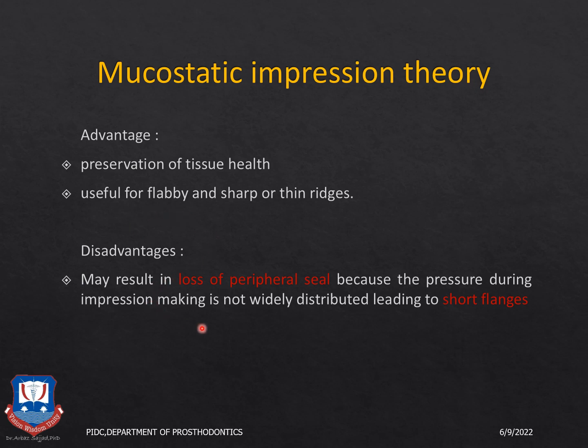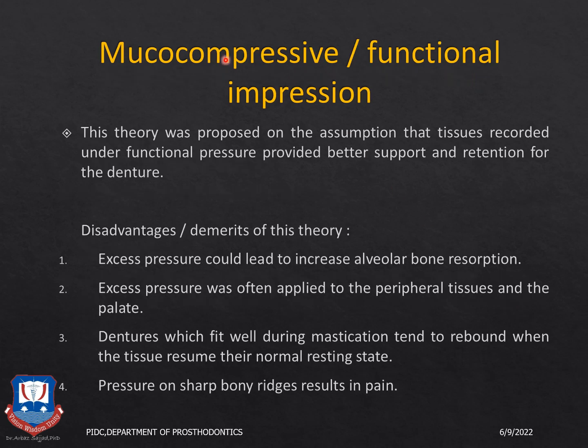But the disadvantage is that this type of impression led to a loss of the peripheral seal because there were short flanges in the denture, and more or less these were largely discarded. And for historical perspective, these impression techniques largely used impression plaster for impression making because in those times we didn't have alginate or agar. And the next, which was completely opposite, was the mucocompressive impression theory, which advocated that pressure